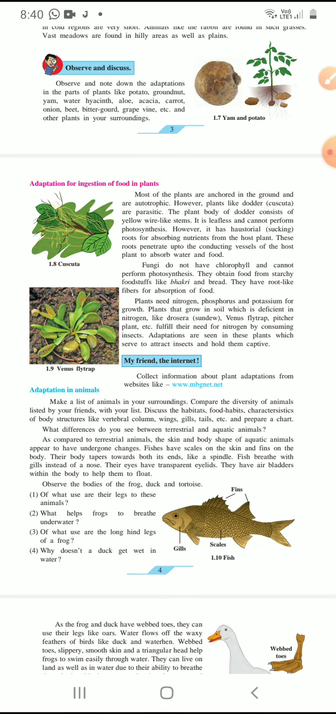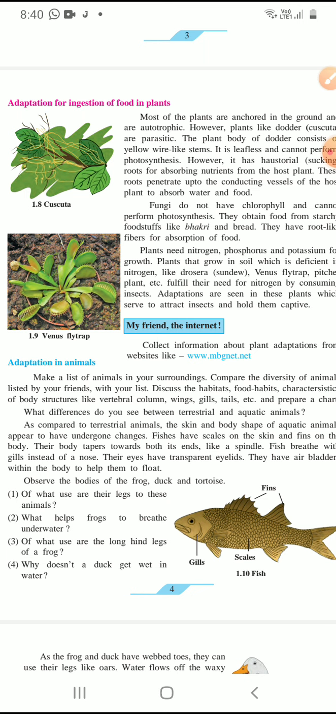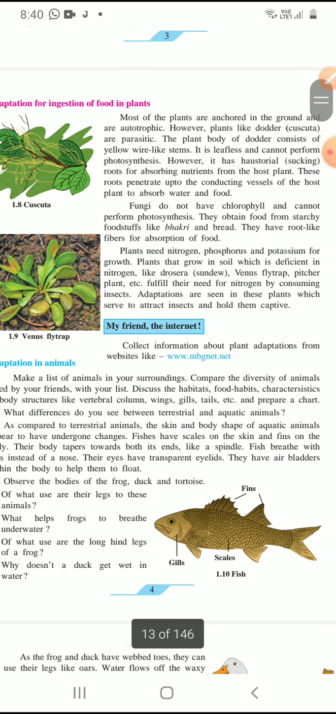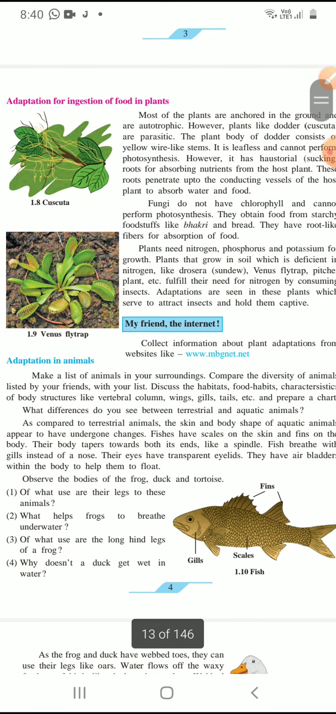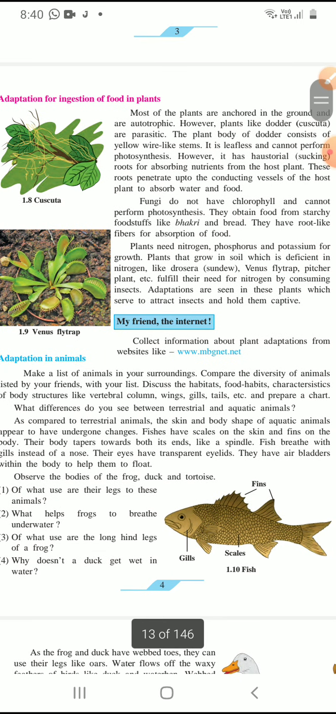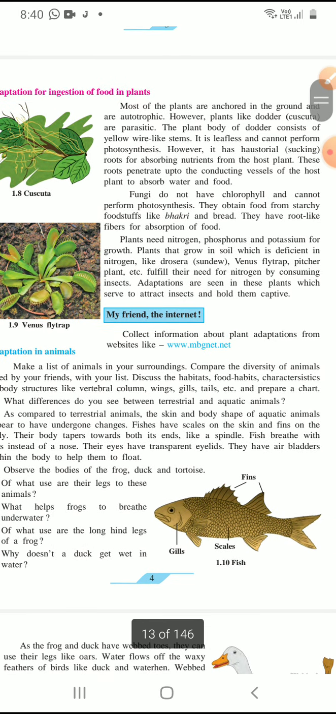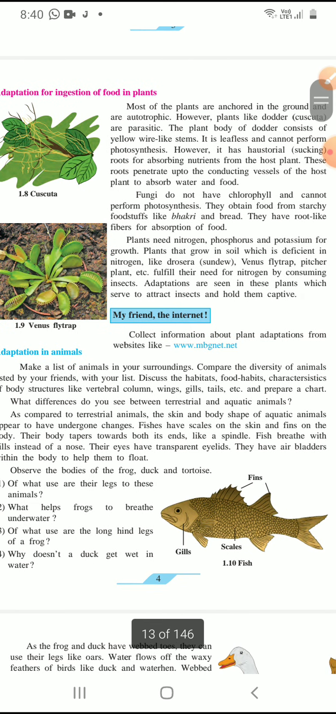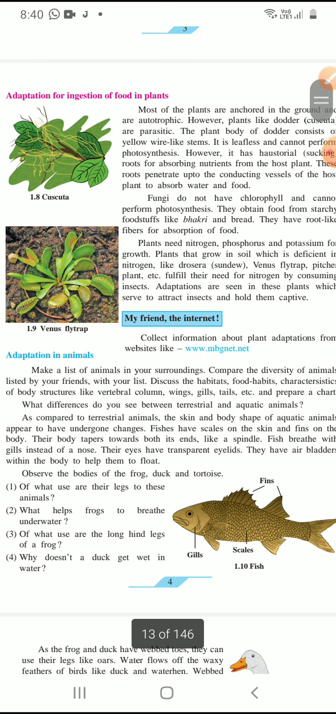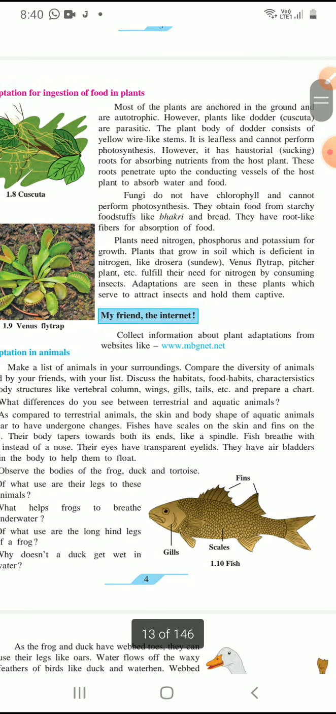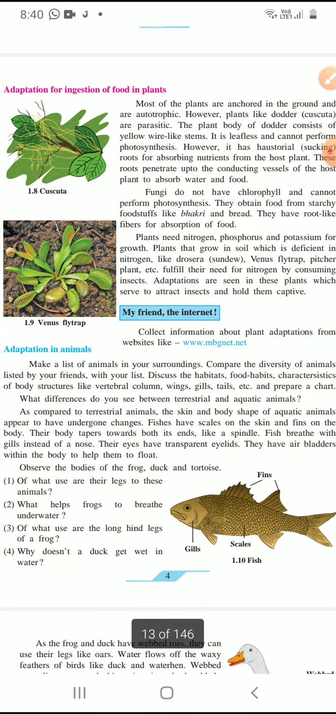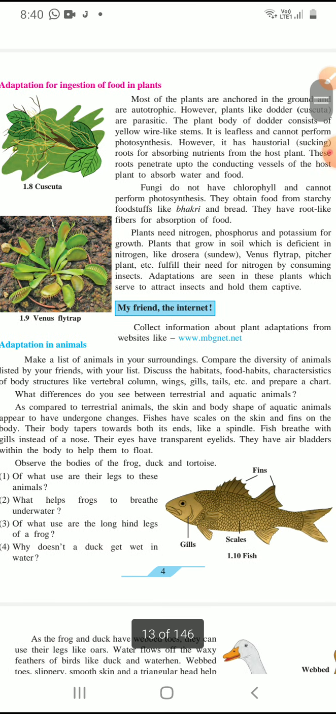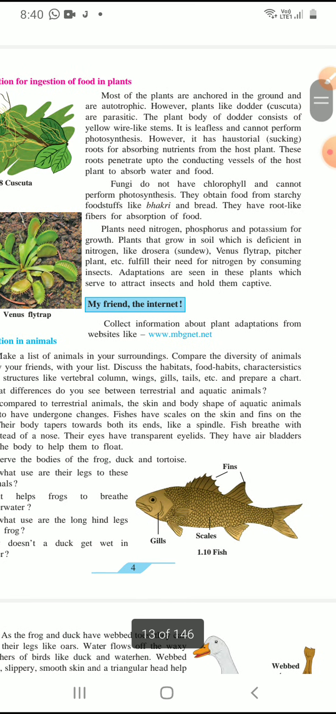Adaptations in animals. Make a list of animals in your surroundings. Compare the diversity of animals listed by your friends with your list. Discuss the habitats, food habits, and characteristics of body structure like vertebral column, wings, gills, tails, etc., and prepare a chart. What differences do you see between